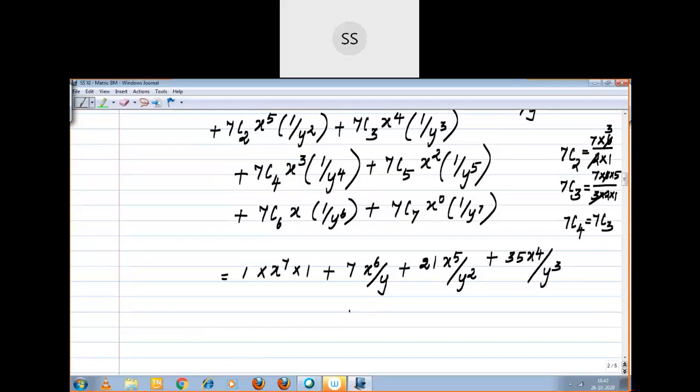So 35 x power 3 divided by y power 4 plus